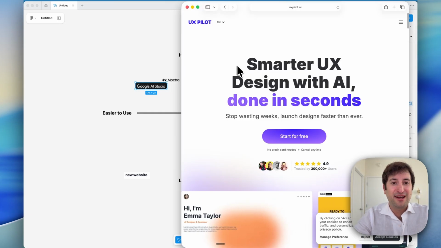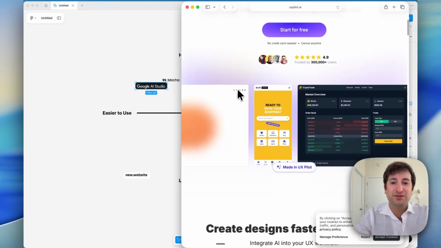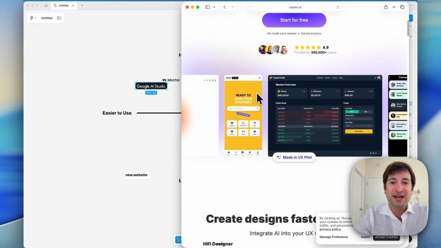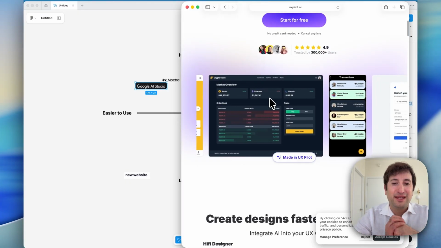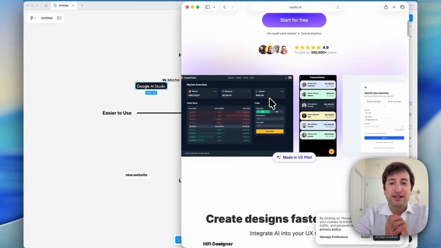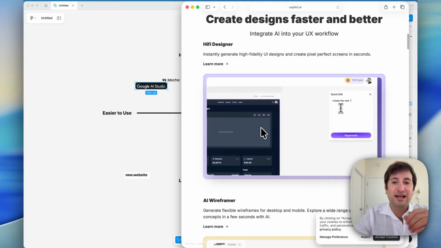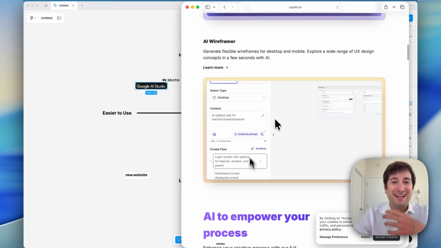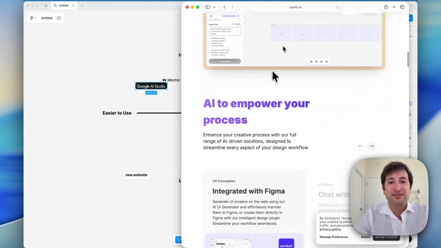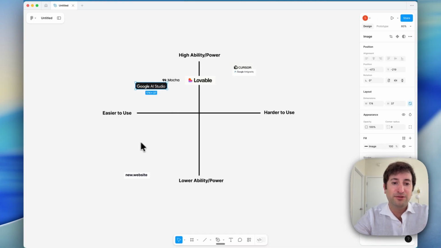The next tool I'm going to talk about is UX Pilot. This is a tool that allows you to design UX and UI and basically be your own AI designer. I've been really enjoying using this tool. It allows you to quickly create designs. And something that I've been impressed by is the quality of the designs that it's been able to create. So I'm not going to spend as much time on this one, but I am going to go ahead and